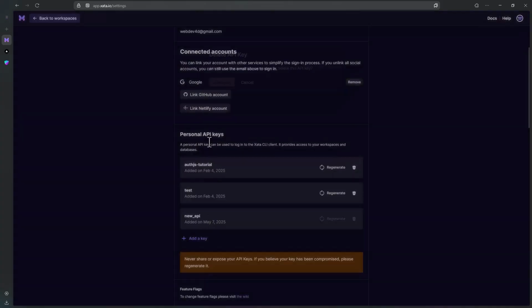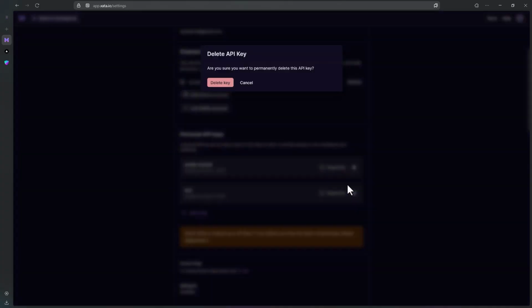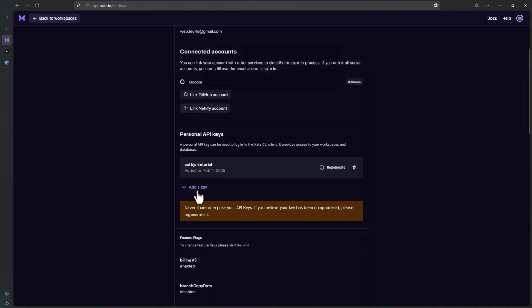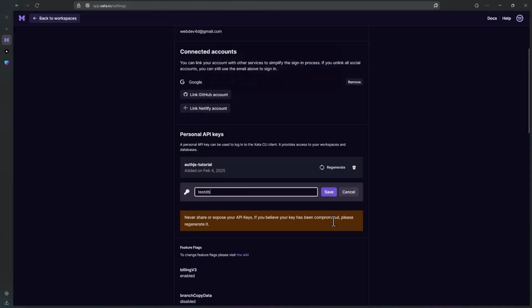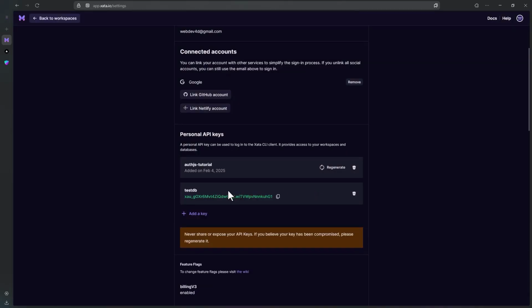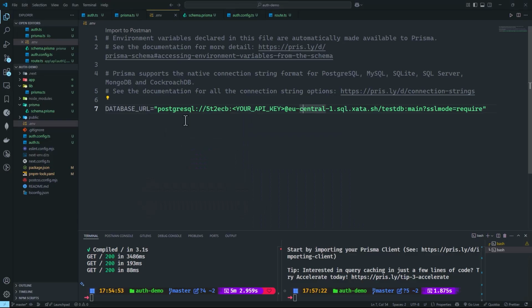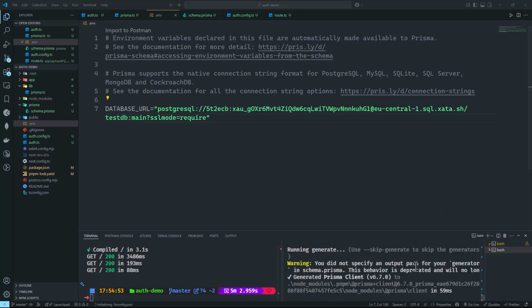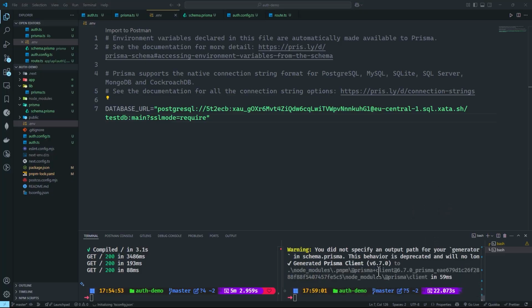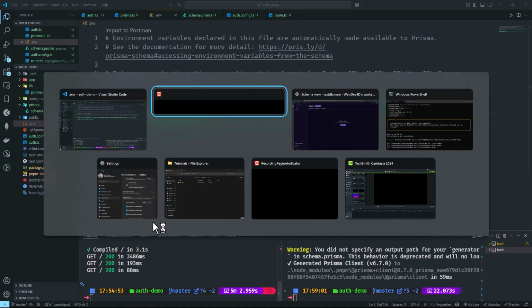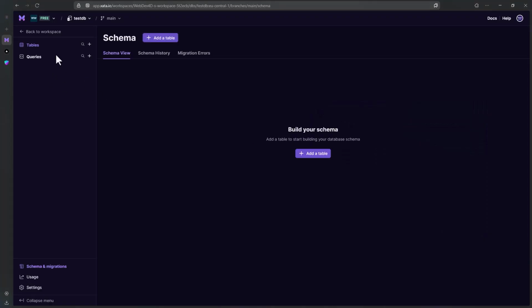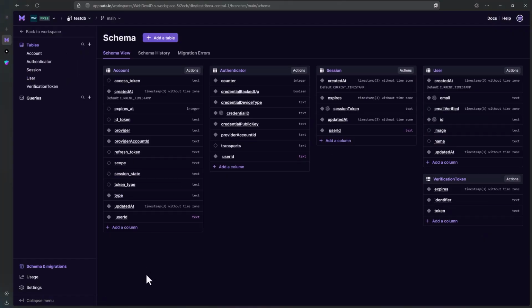I'm gonna just delete all this. It's not necessary, but let's add a key and then hit save, and we're gonna copy this API key and paste it over here. Alright, now this command is very important. We're gonna type pnpm prisma db push and hit enter, and then finally you should be able to see our database has added all these tables,